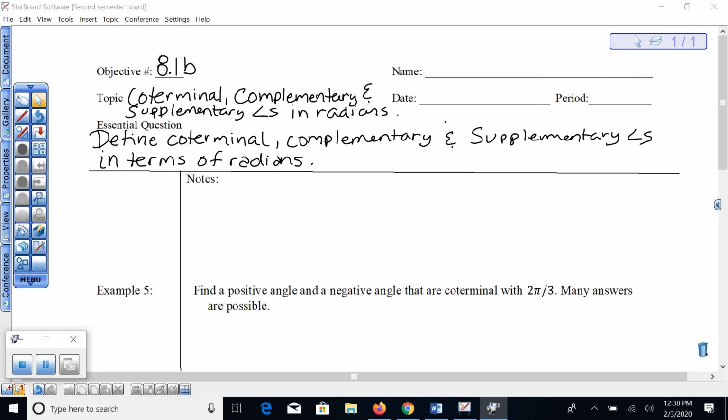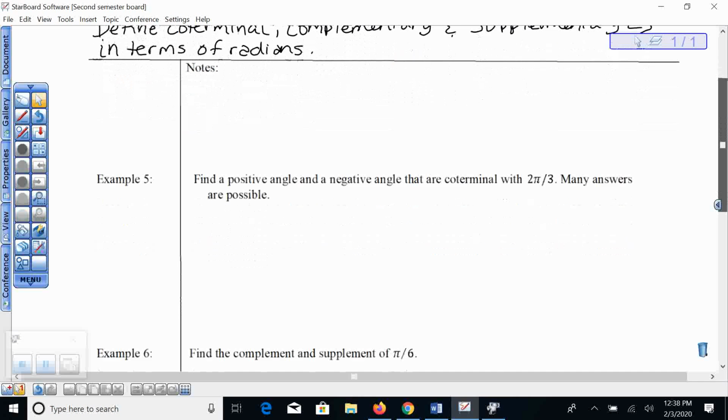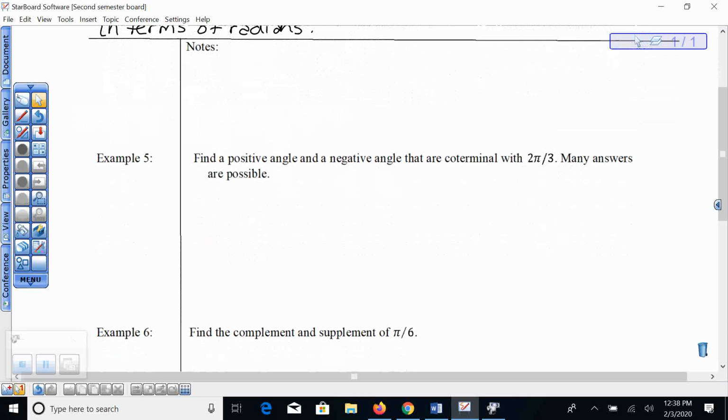And our essential question is more of a task. Define coterminal, complementary, and supplementary angles, but do it in terms of radians instead of degrees. So let's start with just the definitions of those three terms, and then we'll put them into practice. So we'll start with coterminal